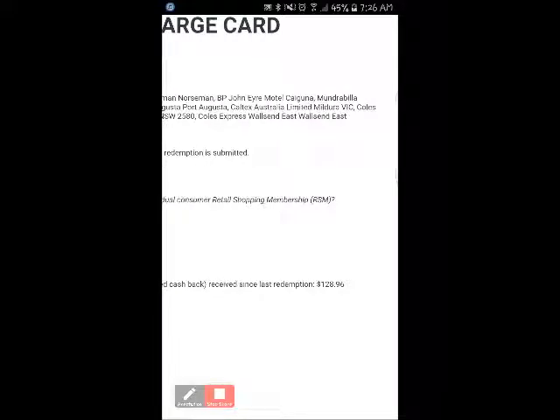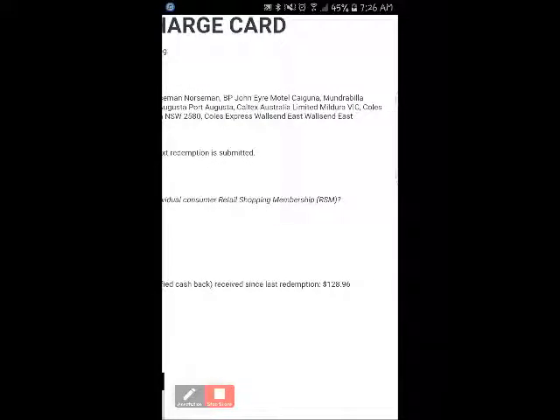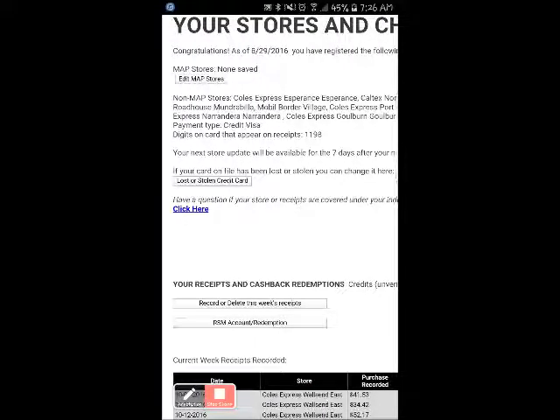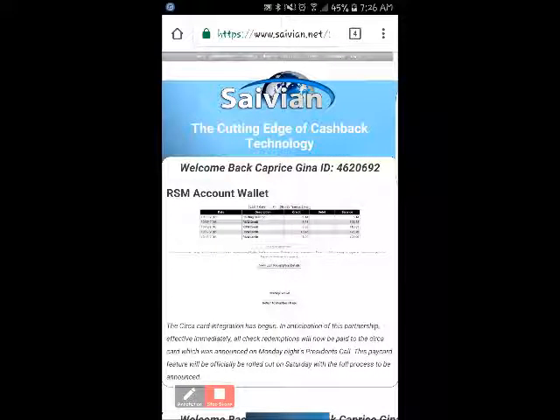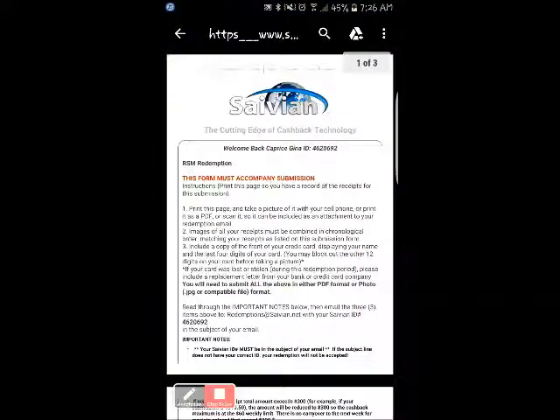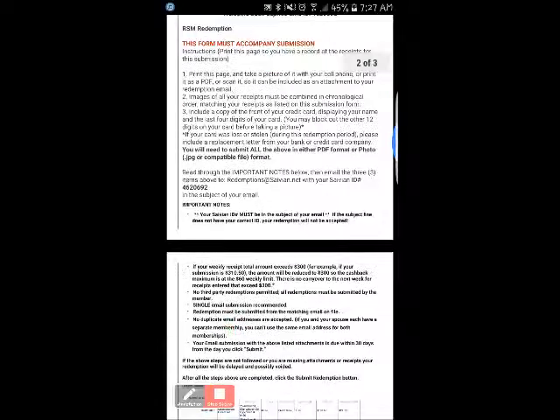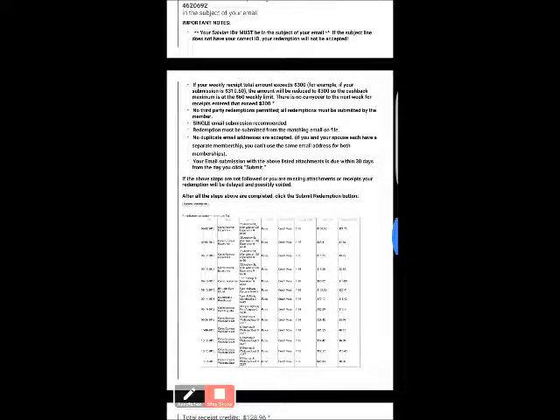Now, just bearing in mind that you can only redeem when you've got a minimum of $125. So I'm sitting at $128.96, and I'm going to push this RSM account redemption button, but it's not going to show because it's actually Sunday morning. It's not going to allow me to go into there. But if I did have that open, this is the next screen that will appear. So this is a redemption form. Make sure you read all of the instructions before pressing the final submit button. So you can see the submit button